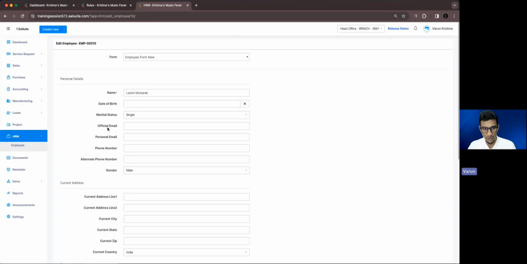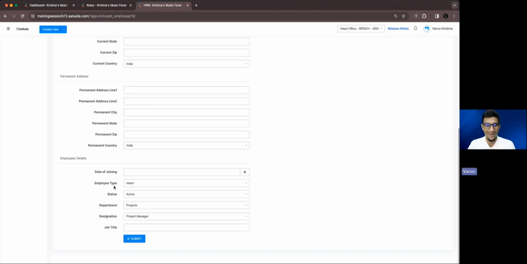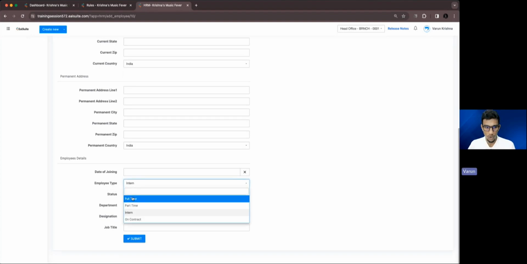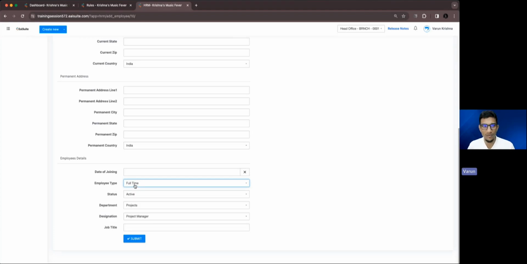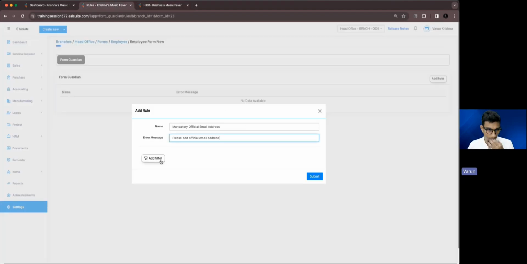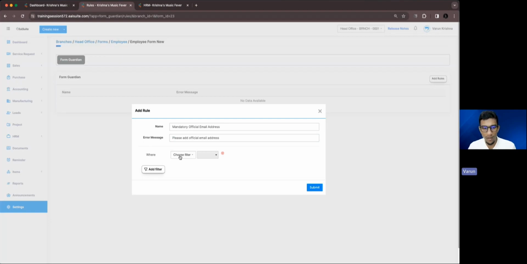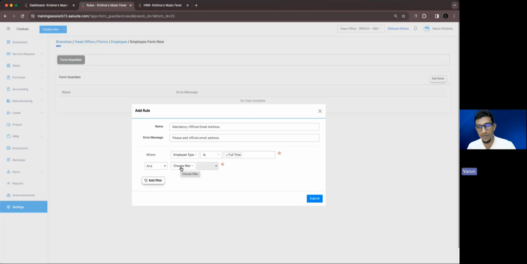So in such situations, the dependency of the official email address comes under the employee type given here. So here, let's keep the employee type as full-time itself, and let's keep working on the rule. I'm going to add a filter here. So what will be the filter? So if the employee type is full-time, then you need to add another filter, which means both of these conditions have to be satisfied. Then the official email